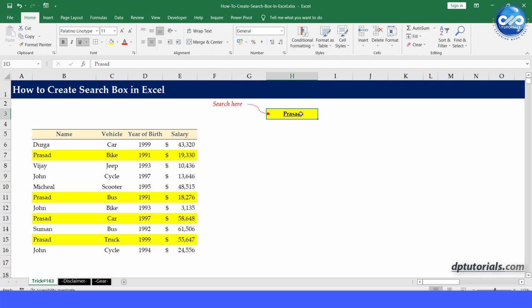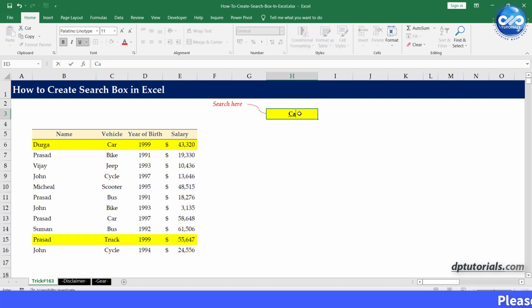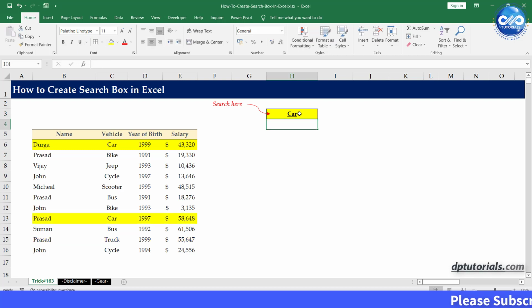So in this way you can create search box in Excel and search the desired value. So instead of finding the values by pressing the Ctrl+F every time, you can use this smart trick and save